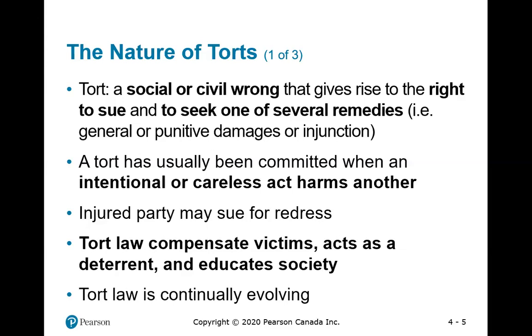One of the main objectives of tort law is to give the victim a tool to seek compensation. It also works as educating society, because if I know that under the law, if I cause harm, losses, or damages to others, I may need to pay compensation, this may also educate me, and society as a whole. But the main objective is to provide victims a compensation tool, a compensation mechanism.